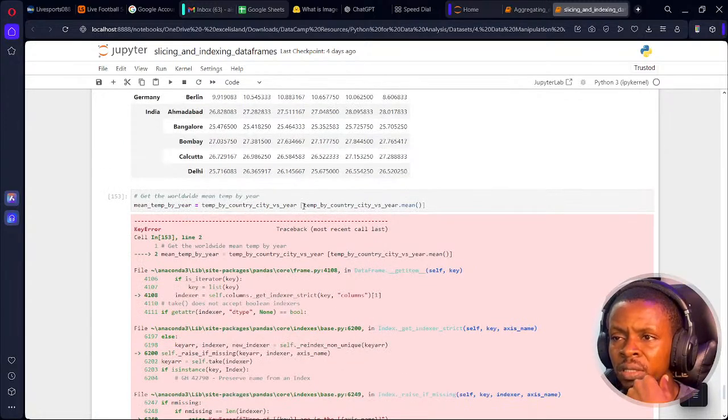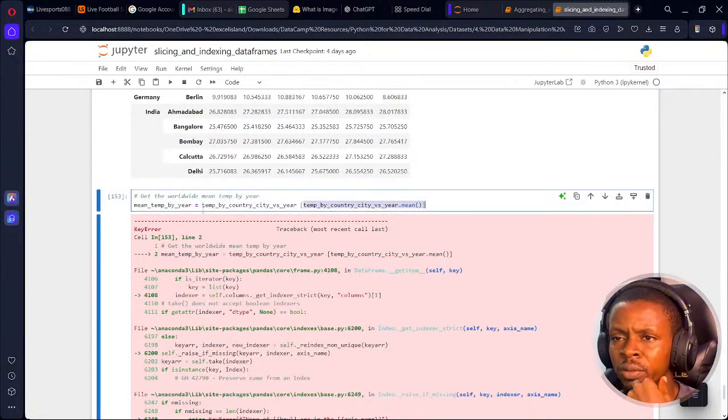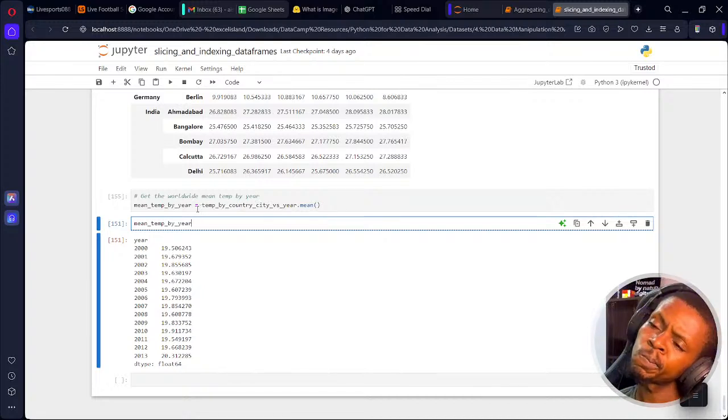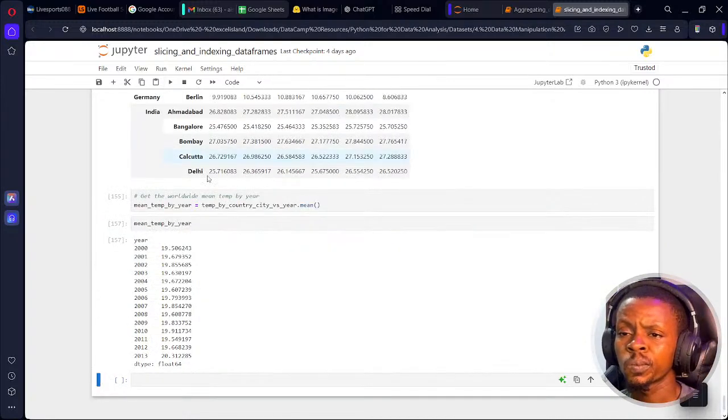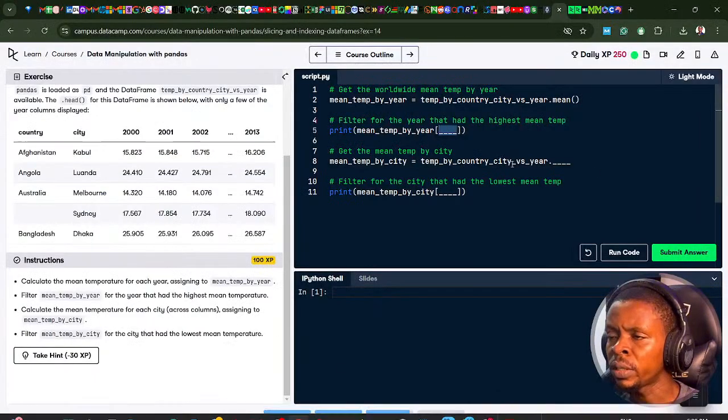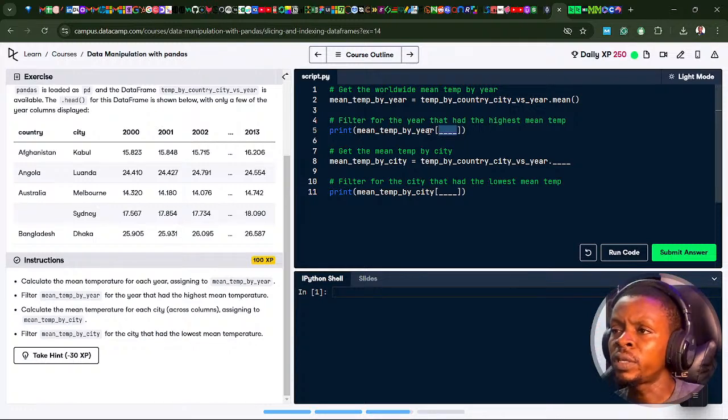I shouldn't be getting an error there. I can't do it like this. I was hoping I could do something here. I guess I can't do that here either. Let me just run this line of code, okay? Okay, let me give it a shot then. If I run into an error, I could find a way to filter for the year that had the highest